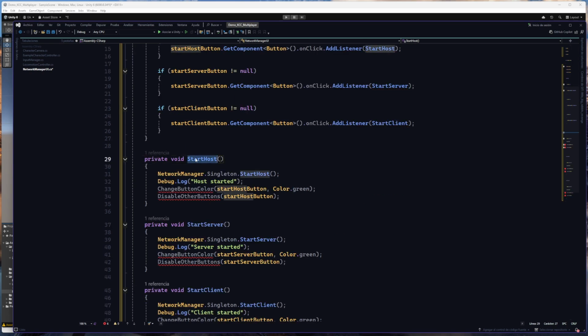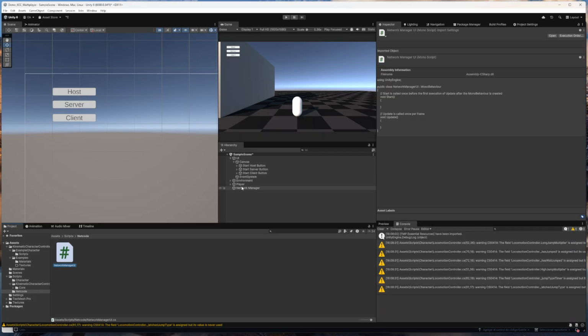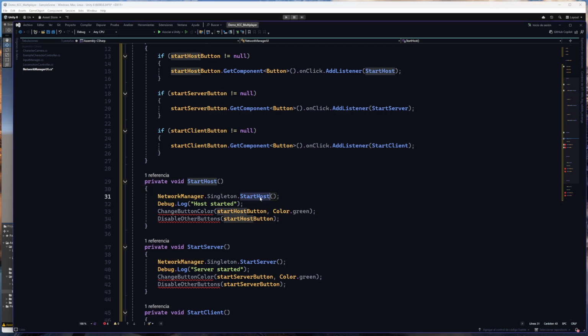Now, StartHost will make use of NetworkManager.Singleton. Remember the network manager we defined at the start of the scene? Well, it's a singleton, so it's always available. And we will call the StartHost method. And that's it. Now, for visual purposes, we will go into Debug using Debug.Log, host started, and we're going to